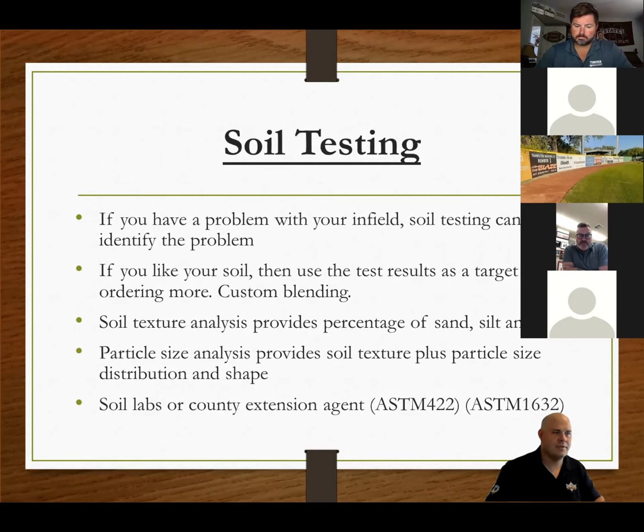Different types of soil testing I recommend are the ASTM 422 or the ASTM 1632. The 1632 is the cheapest option. It's usually $40-50 depending on who you have do it. This is a straight sieve test. I think they hold it in solution maybe for a couple hours, but this is a pretty straightforward test.